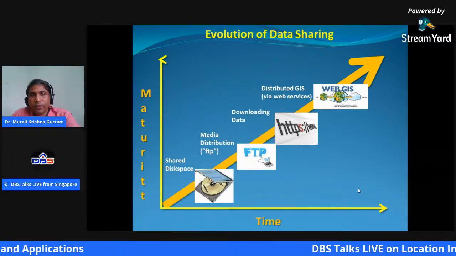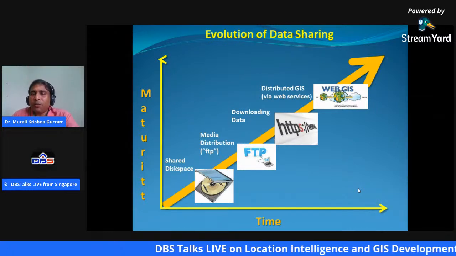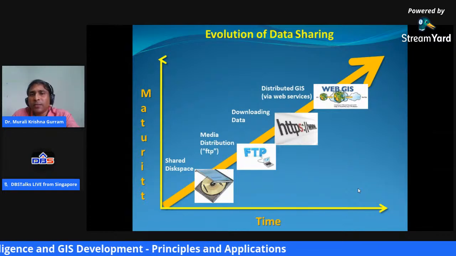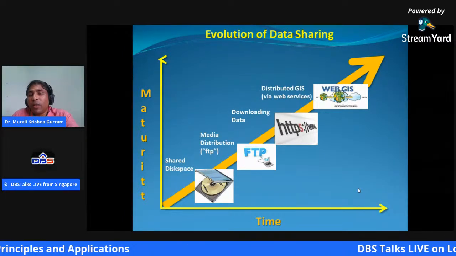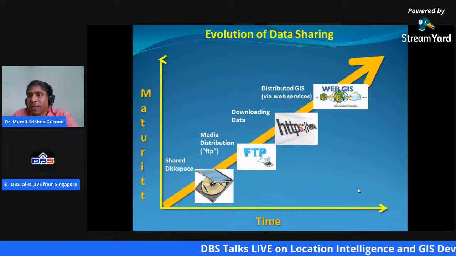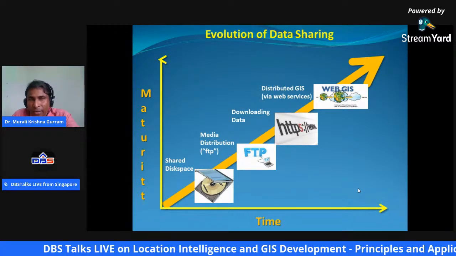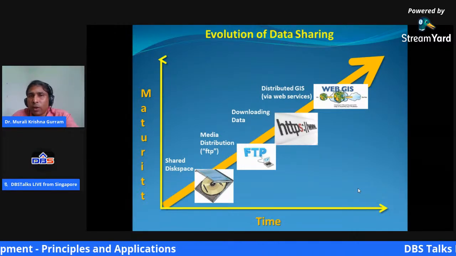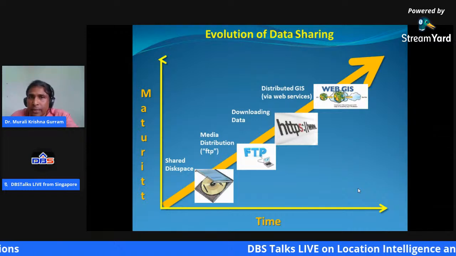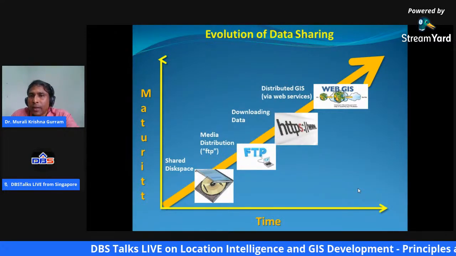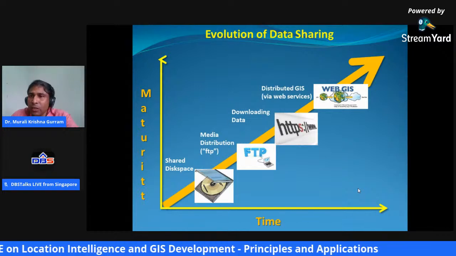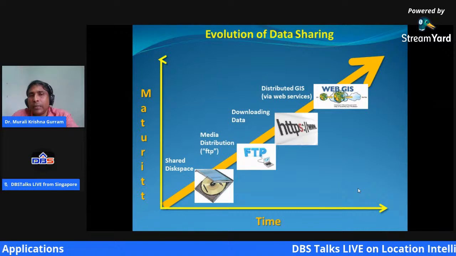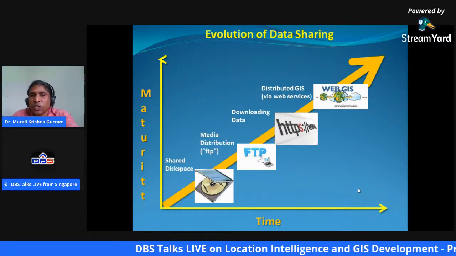So when we talk about IT, computers and the information technology domain, we cannot just ignore the aspect of evolution of data sharing. That technology is in fact the basis for the entire distributed WebGIS we talk about today. It laid a foundation for its advancements in amalgamating all these diverse technologies into one, which we now view as SIT, Spatial Information Technology.